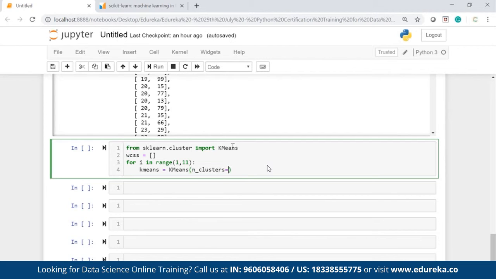I want to iterate on i, where i will change from 1, 2, 3, 4 till 10, comma init equals k-means++. Now what is this init equals k-means++? It will initialize what? The centroids. So basically this init equals k-means++ will generate a centroid, which is a random centroid, and this will be generated at the point where the points density are more. It's not like randomly it will just generate anywhere. It will generate the